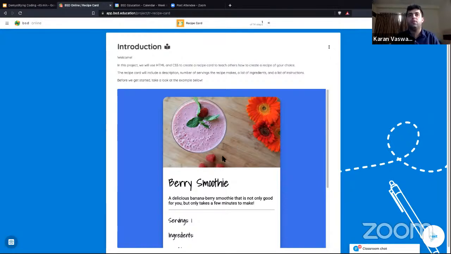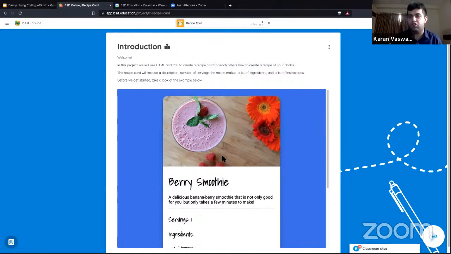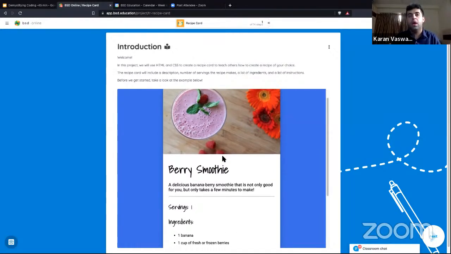So you can see here on the very first step, there's nothing much to do. We just show a sample of what the recipe could look like. So one thing that makes it much easier for students is to see what the final outcome can look like, and then they can add their own things and imagine their recipe coming to life as well. So if I go into the next step,